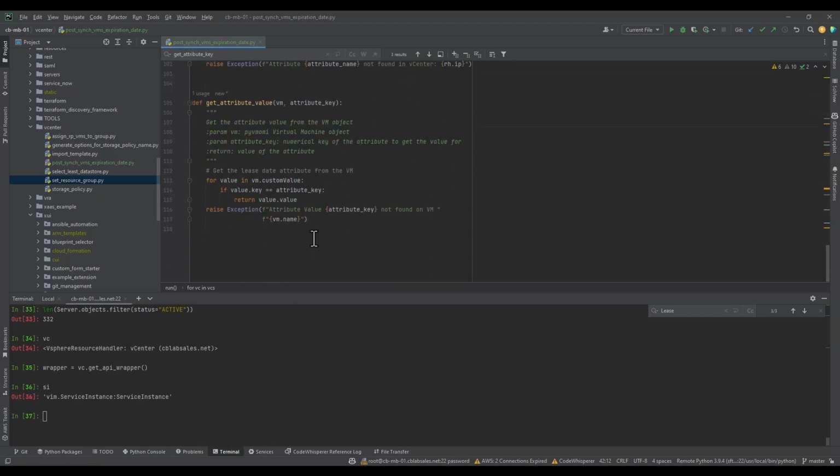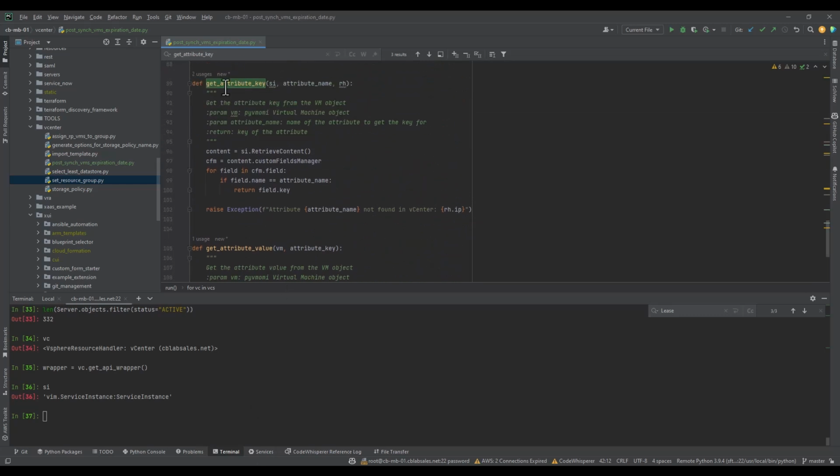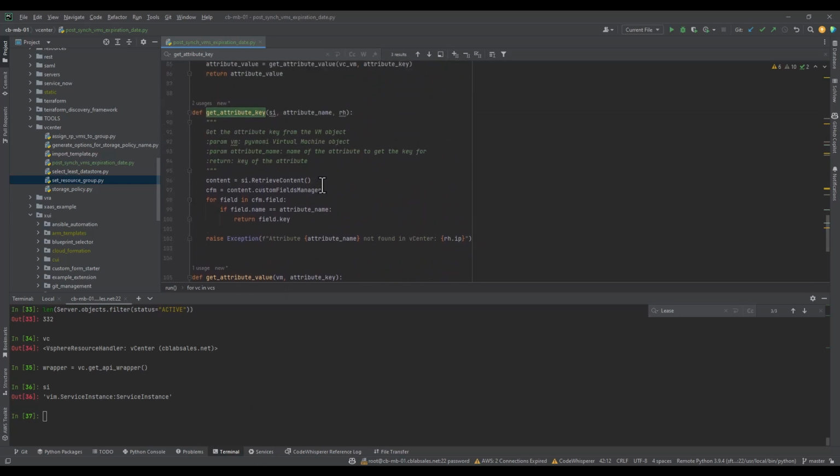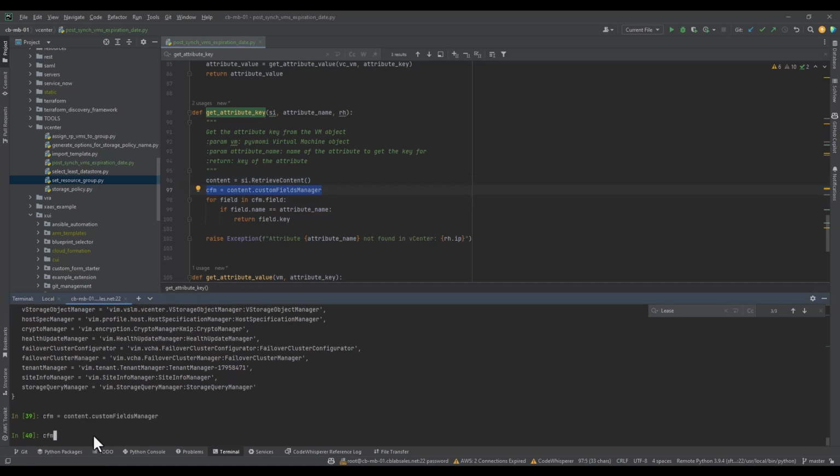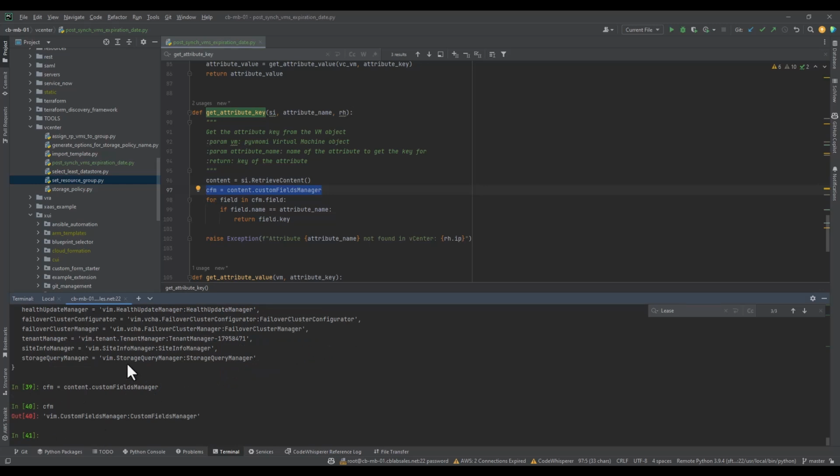So back down to our method, let's just validate that this is working, getting our attribute key. So content, we have our SI saved. So we're now getting our content. We could just type in content and validate that that does exist. We have a value for it. Then we can type in our CFM for our custom field manager, and there again verify that we have a value stored. So CFM, now what I was doing earlier, CFM has a parameter called field,